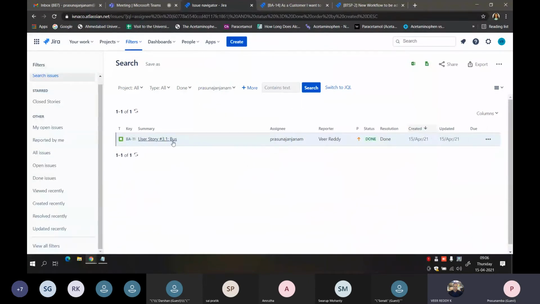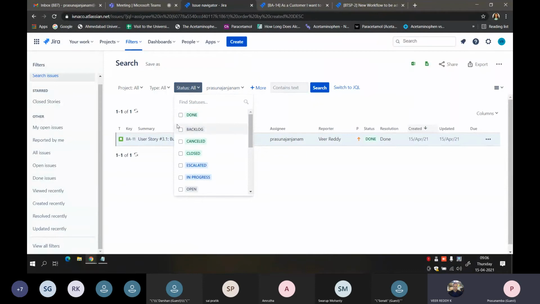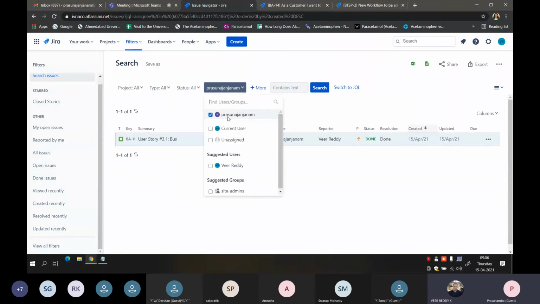So there is a single story that is assigned to this user. So you can get that filter over here. And this is in done state. If I don't want just the done ones, and I want all the tickets, I remove the filter over here also, and it is showing mine only one, because I have assigned only a single one. So you can change the usernames over here.